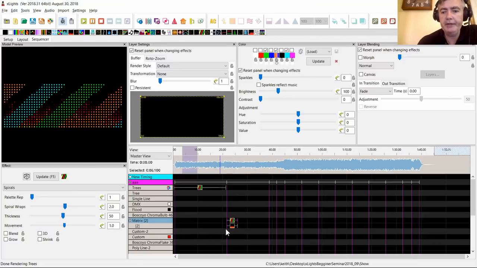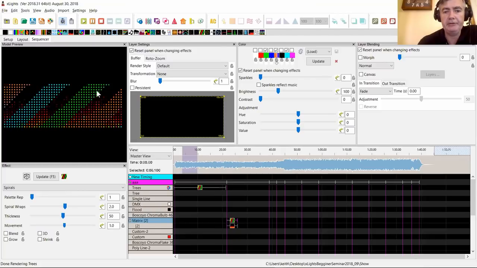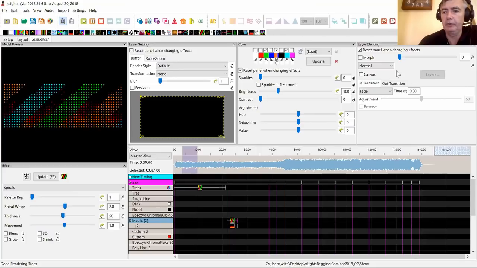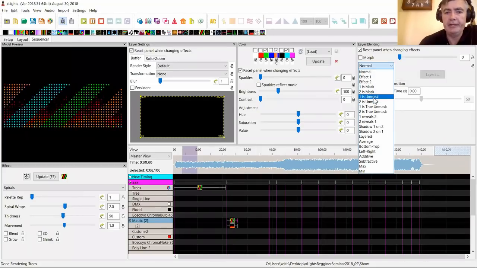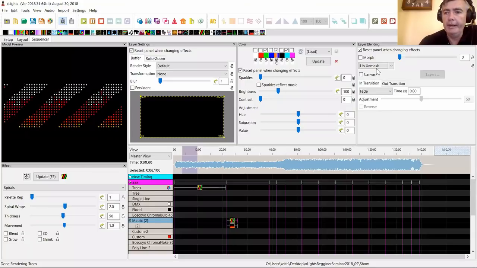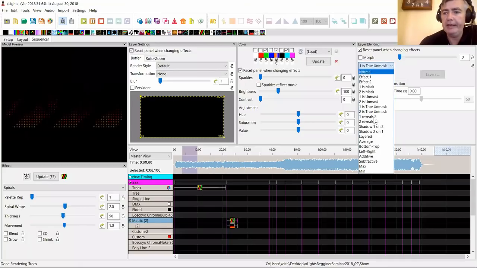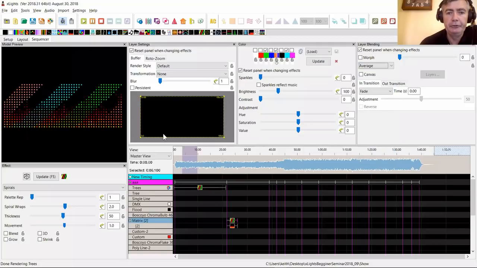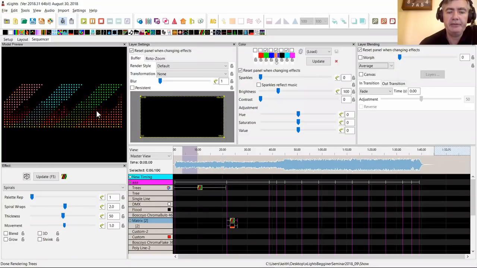Right, and you can see that because they're on 2 layers, it actually blends the 2 things together. So the fire's in the background and the spirals are on top. And this is the default blend style, the normal style. But there's a huge number of others here, where you can use one effect to mask out another effect, or you can take the average of the two and so forth. So there's a whole bunch of different ways that you can blend effects together, and you'll often